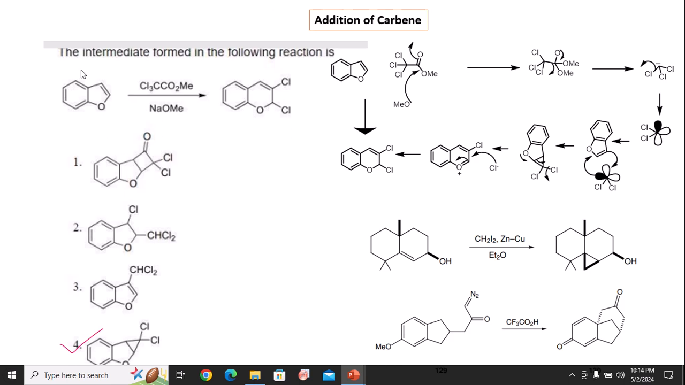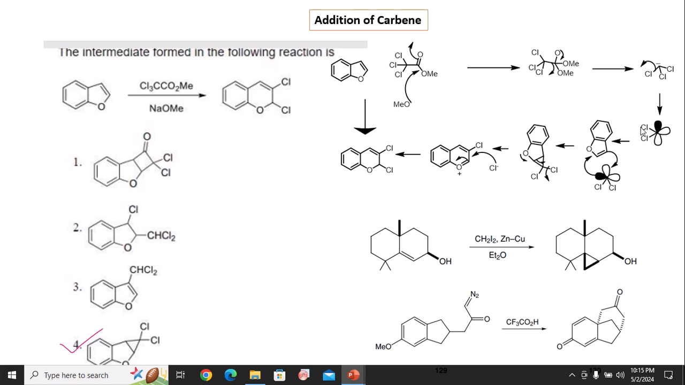Next problem is: what is the correct intermediate formed in the following reaction? This is an example where the carbene is formed as the intermediate in the presence of methyl trichloroethanoate. The trichloromethyl carbanion is formed, which undergoes